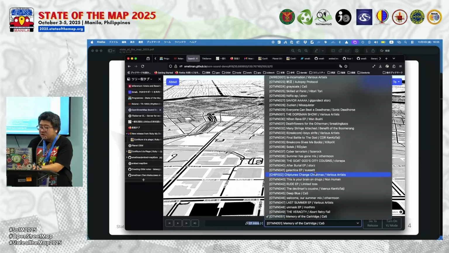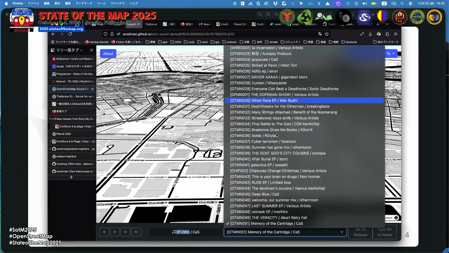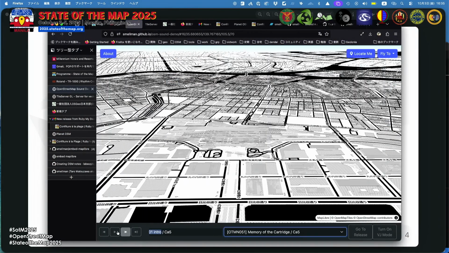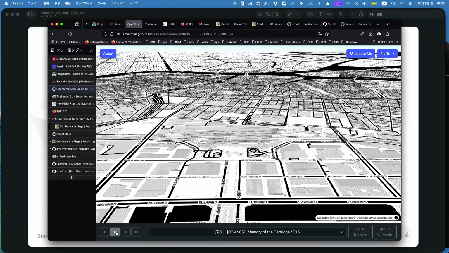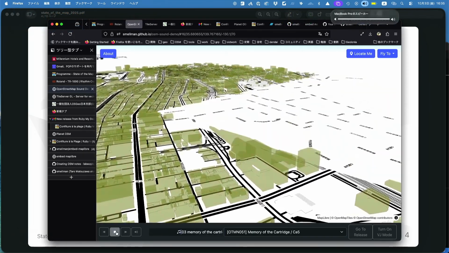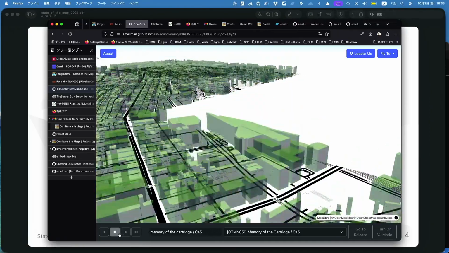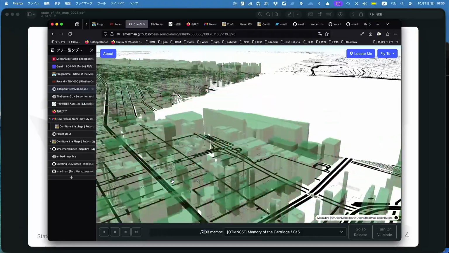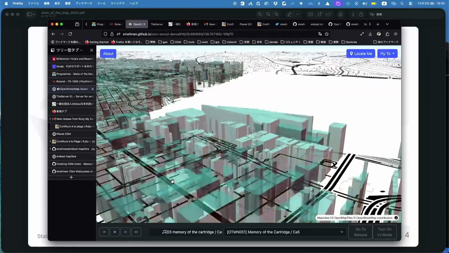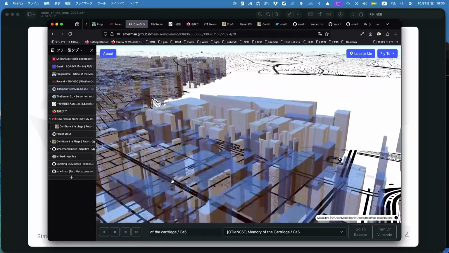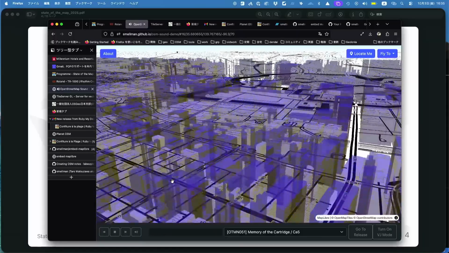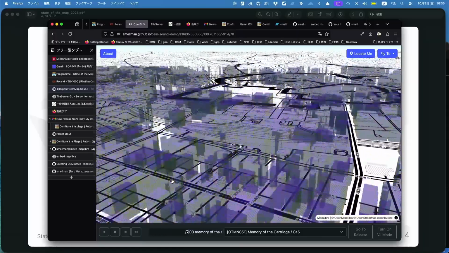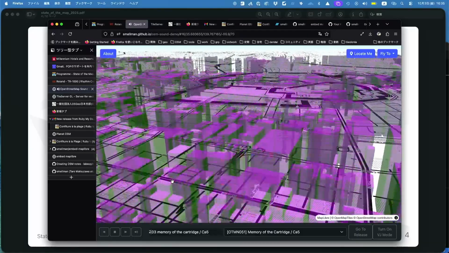You can choose the artist or release, and you can select music, and let's start. So that is my demo. Some buildings are missing because of a network error. If we can get all buildings, we can fill the whole area.